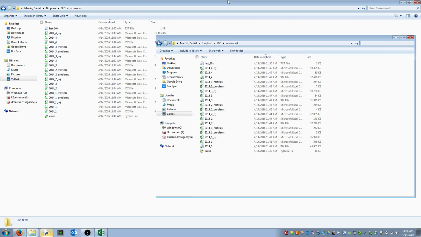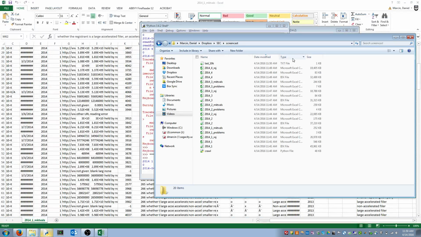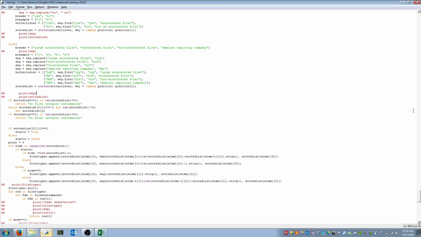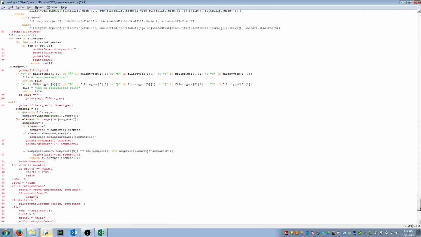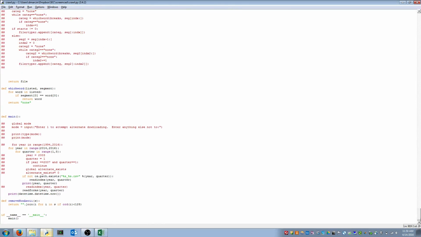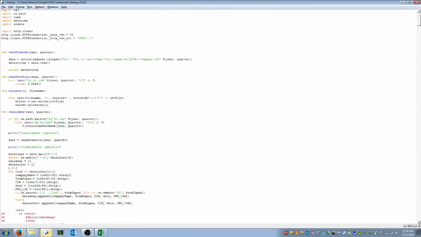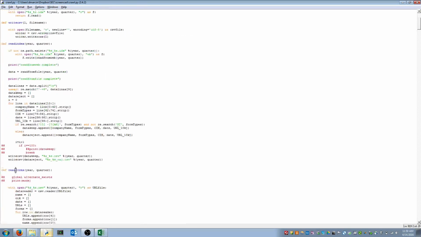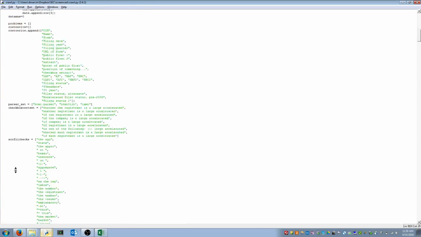So hopefully that's helpful. I will post this code online so you can look through it and use it for your benefit. There's a lot in here that maybe you won't have to use, like debugging things particular to the SEC. But in general, you want to be doing a lot of for loops through a CSV of URLs. That's fine. And what you want to do is,